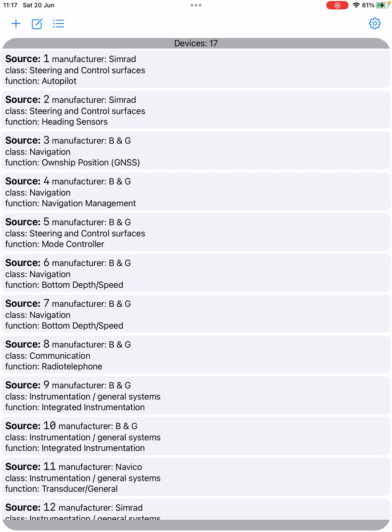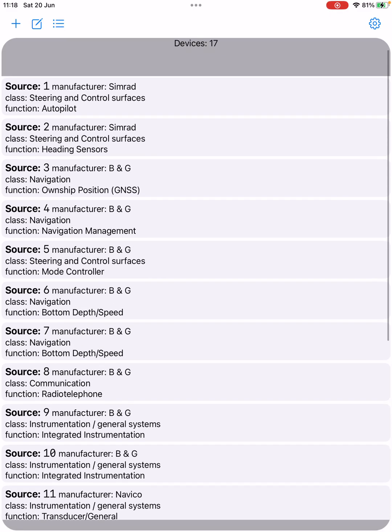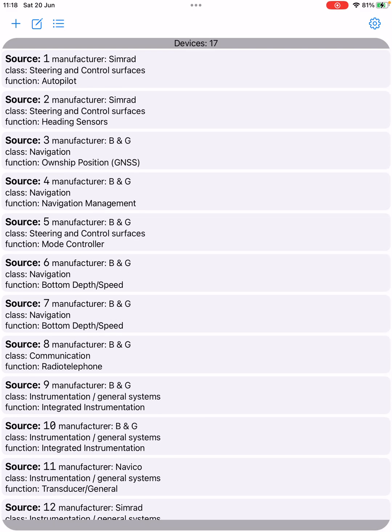And you may remember that there was a source of heading from number 2, and that is source 2, manufactured by Simrad, and it says its function is heading sensors. These descriptions come from the manufacturers themselves. And the other was 128. And we see that this is a Brooks and Gatehouse, and that is also a heading sensor. So this information confirms that we have two heading sources on the system, exactly as we saw from the settings